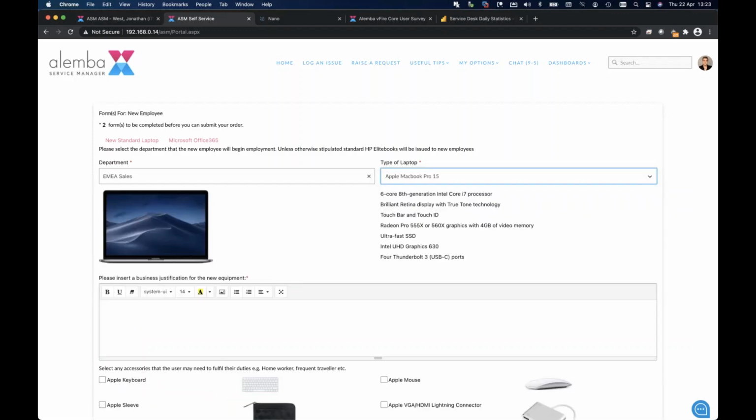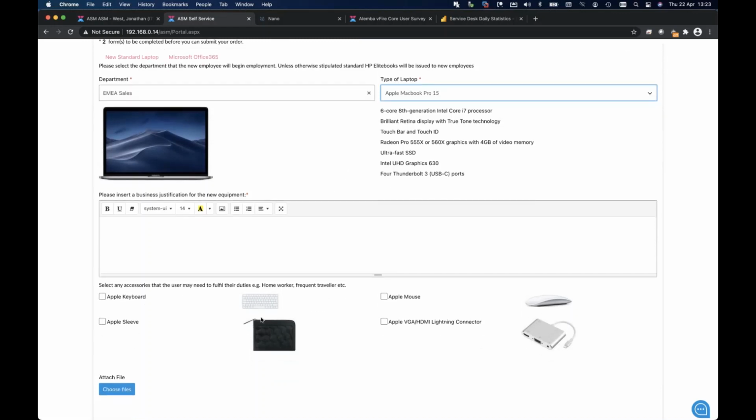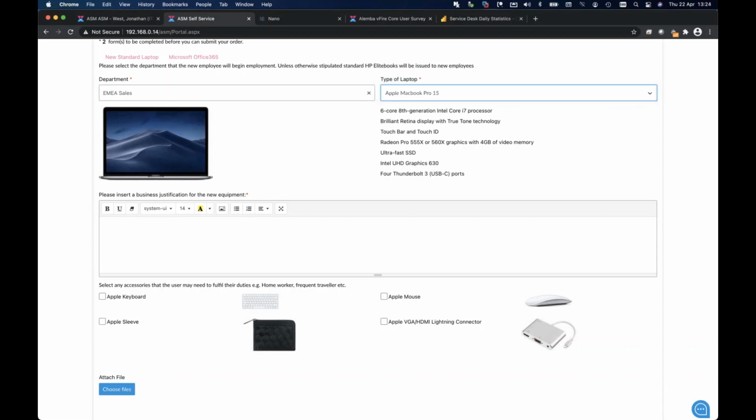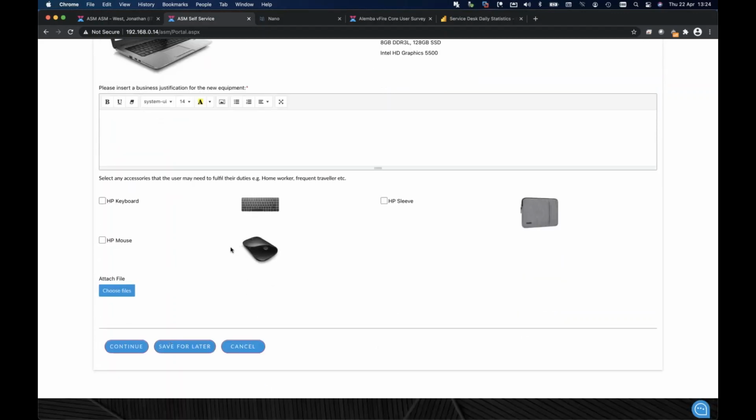So if I select the MacBook Pro, the system then gives us the specification for the MacBook Pro, as well as the day two actions that are commonly requested as part of the ordering of MacBook Pros. And likewise, hopefully, as you'd expect, if I select HP EliteBook, it then gives me the specification for the HP EliteBook, as well as the day two actions for the HP EliteBook booking as well. I can then insert a business justification